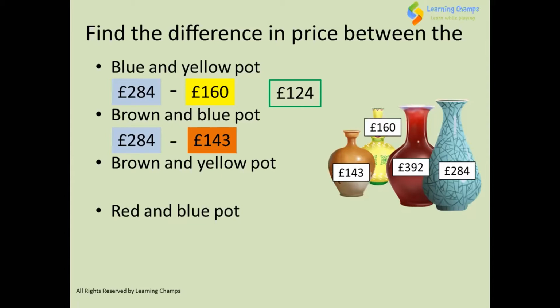Can you tell me why we have arranged these numbers this way? Why didn't I put the brown pot price first and the blue pot price after that? Because the blue pot has more value. Exactly. Because you can't reduce things from a very smaller value. For example, it's like you go and ask money from a poor person. Will you go near a beggar and ask, can I have 1,000 pounds? Will you go and ask that?